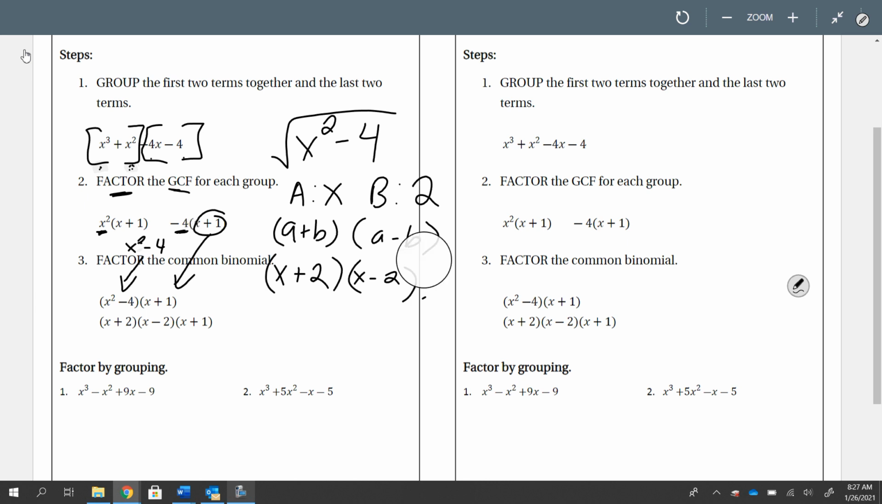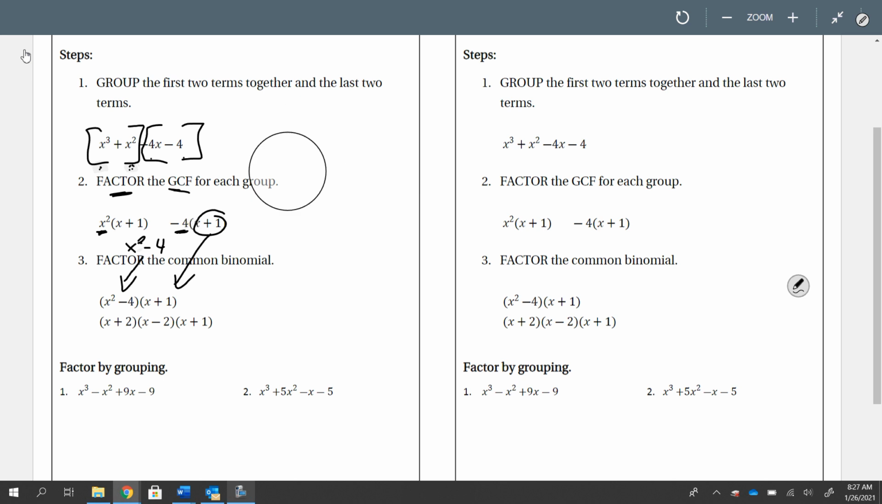So hopefully that helps now that we have sound for difference of squares. So let's get back to grouping. So again, if we ever have a perfect square, we're not done here. We're going to factor it out, which I just showed you was x plus 2, x minus 2 times the